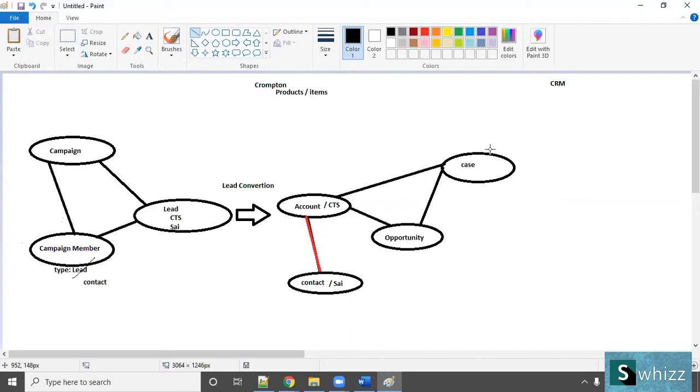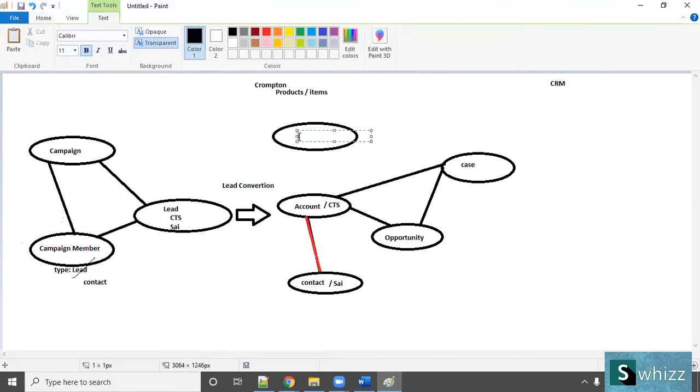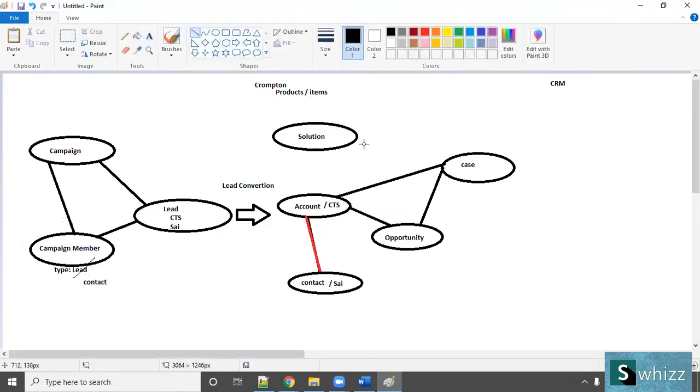Case means problem. We are registering the problem. Now for this problem, we are going to provide a solution. So solutions will be available inside a solution object. We can apply this solution to this case. The same problems are coming up for everyone, installation problems.